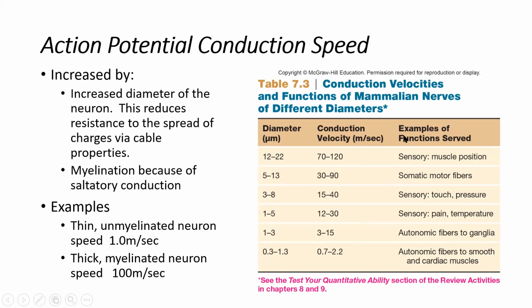All right. So the whole purpose of this chart is really to show the distinction between our thicker myelinated neurons with faster conduction velocities in areas of the body where that's needed, versus our thinner unmyelinated neurons in other areas of the nervous system where that is not